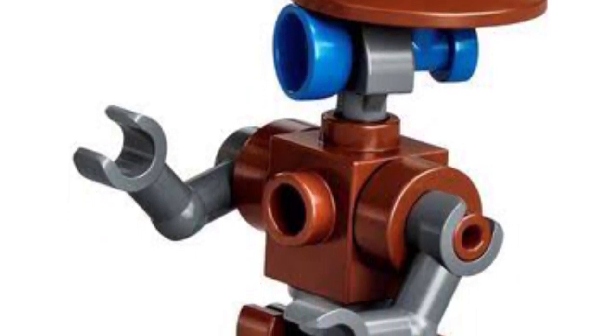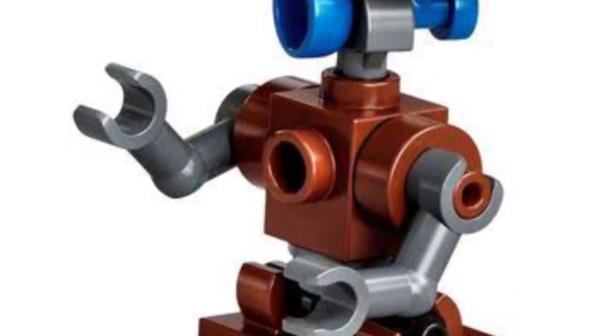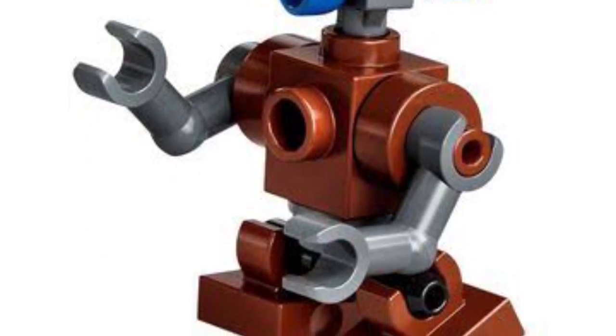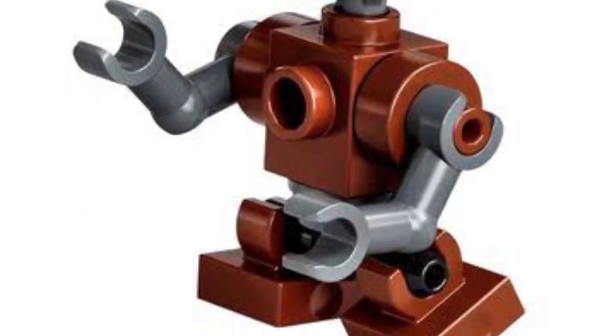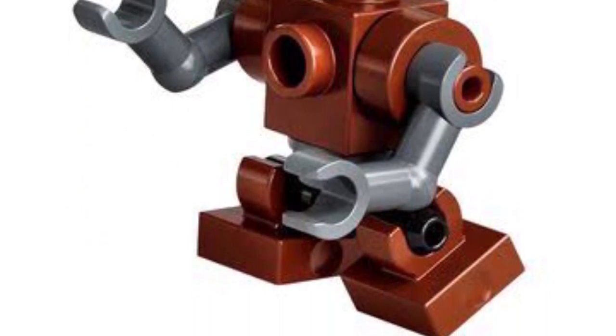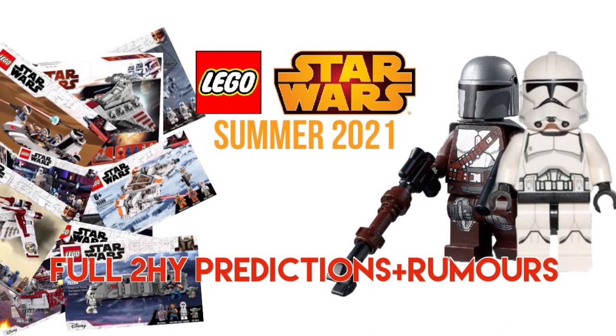So I don't know how they do that, but I think the minifigure that comes with it will be that build from the advent calendar, and the only other one than that is potentially a gonk droid, but I think that might come later, though I'm not really sure, to be honest. That's kind of all of the main set releases, but there are still 2 sets left to come,